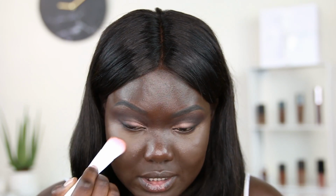It does not smell that good. The brush is really, really soft though. Really soft. But there's really not much coverage with this concealer at all. So I'm going back into that powder contour, and I'm probably just going to take this side to set underneath my eyes because this is probably going to be way too light. Oh my